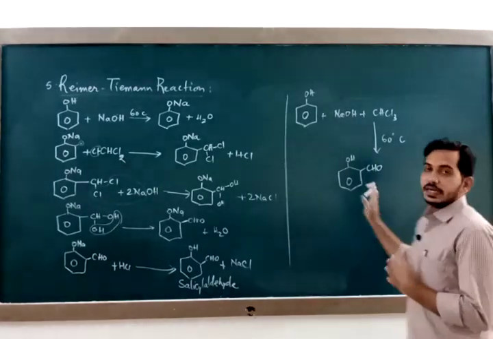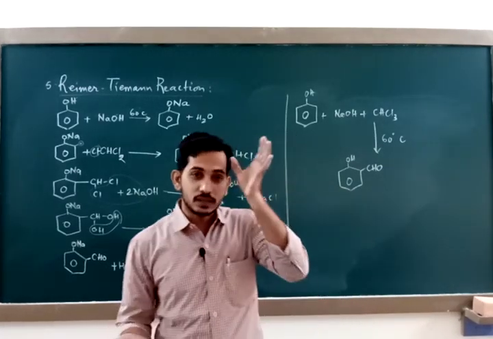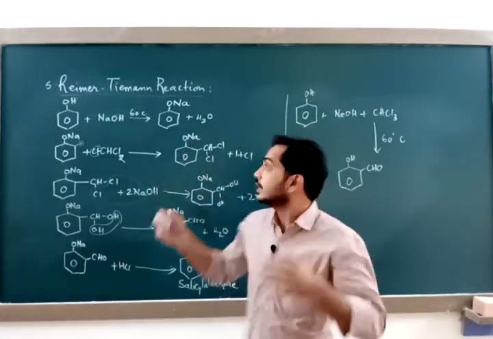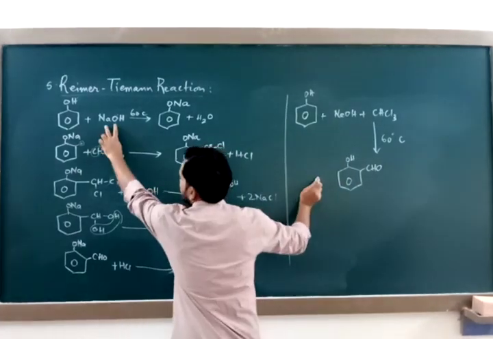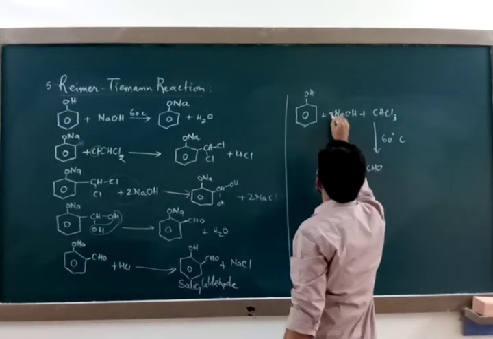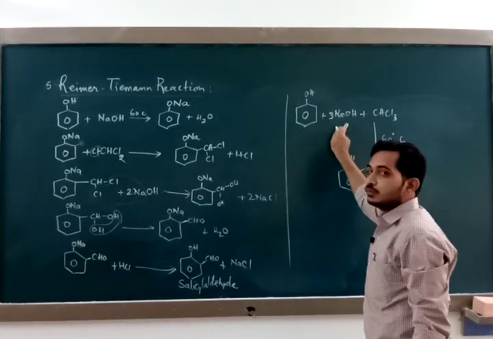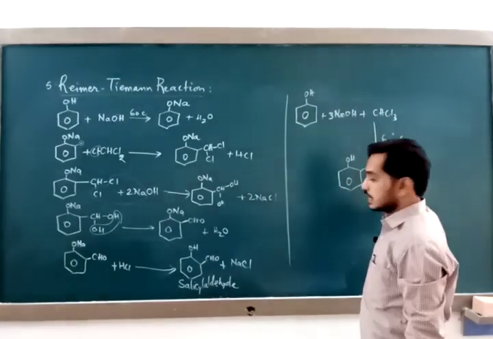Now, simply writing this will not get you the entire marks because it is a lengthier question, a 3-mark question. You need to write the equation in balanced form. So notice here, sodium hydroxide once, again twice, so total 3 times. So when phenol reacts with 3 moles of sodium hydroxide and 1 mole of chloroform at 60 degrees Celsius, salicylaldehyde